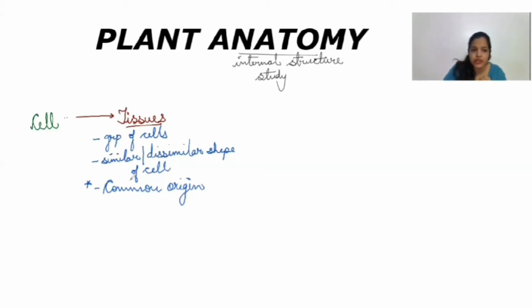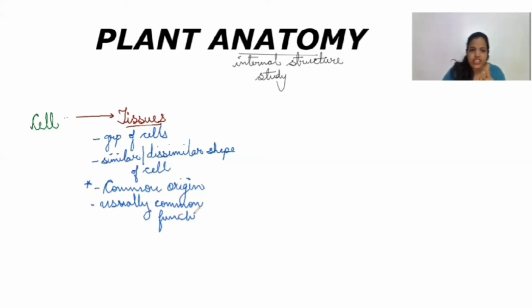The last one which I told you was what? The last one I told you was usually common function. Now if I've used the word usually, means they can have different functions also, usually common function. You will be able to relate when we will study the complex permanent tissues, where they are having different functions, where they are having different shapes. Of course, they have same origin because the tissues will have the same origin of the cells. So usually common function.